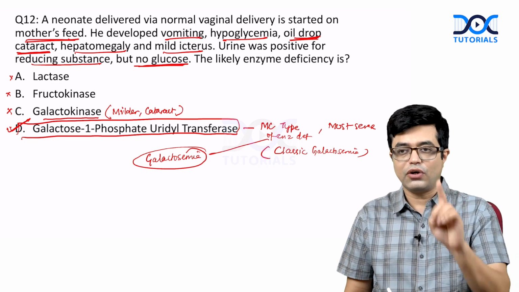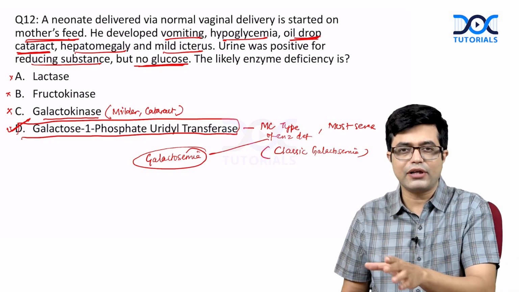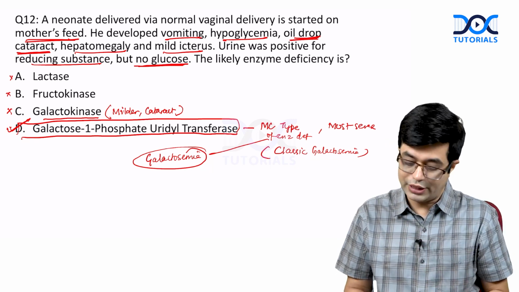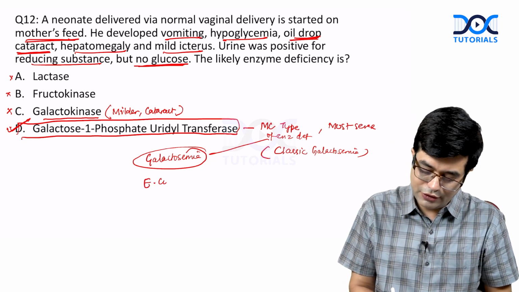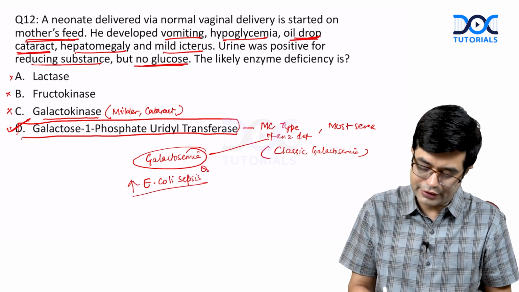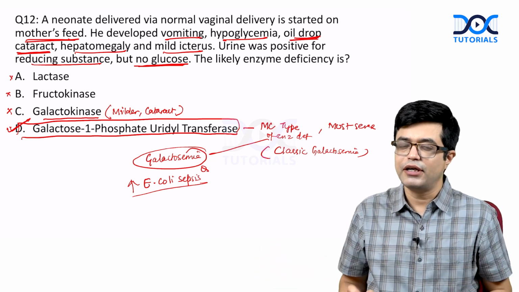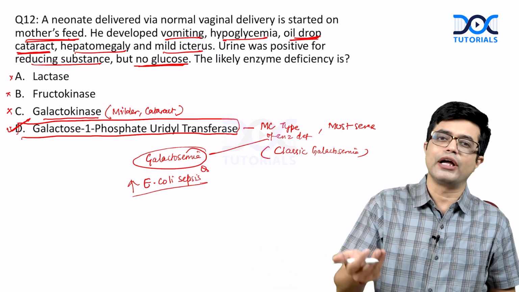These patients, cause of death is either hepatic failure or severe hypoglycemia or sepsis due to E. coli. So remember, galactosemia, E. coli sepsis rate is very high. This is again a past MCQ point related to FMG exam. Treatment: stop all milk, specialized milks, formula milks, which do not have galactose or lactose in them, that should be